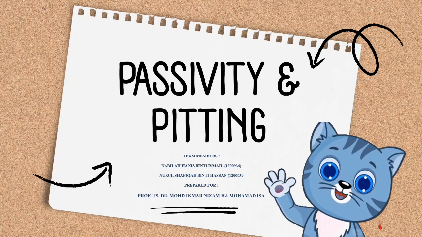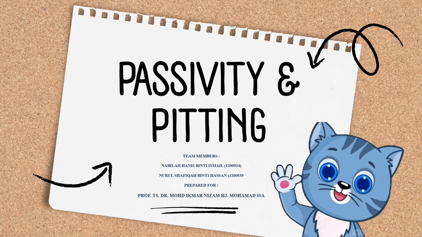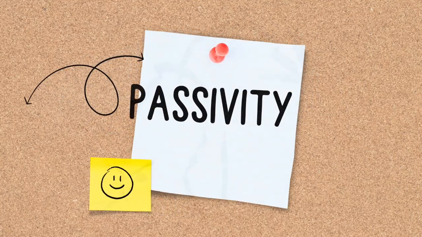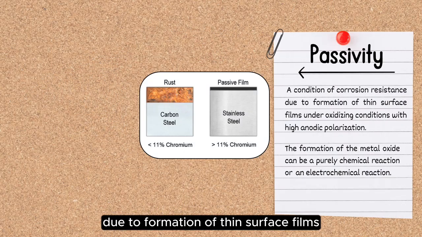Hello and welcome everyone. So today we will learn about pitting and passivity. Let's go. Passivity: a condition of corrosion resistance due to formation of thin surface films under oxidizing conditions with high